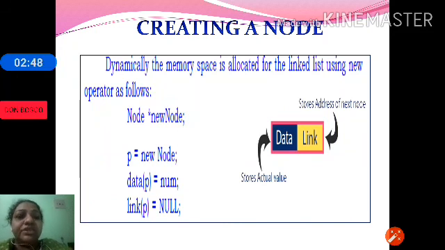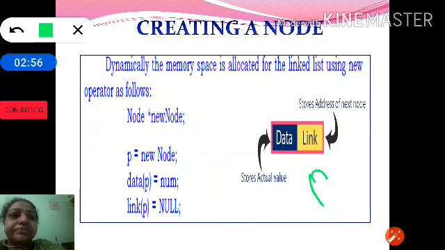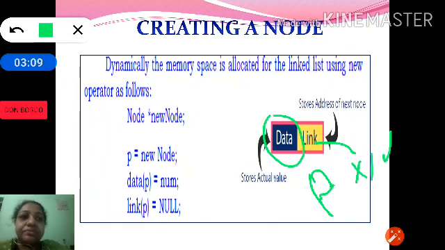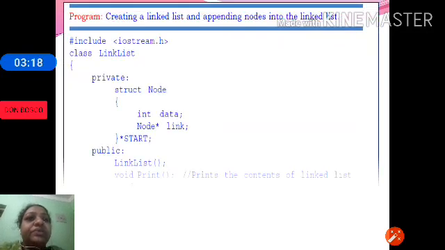Data of P is equal to num. Imagine the name of the node we are creating is P, and the data stored is some number and the link is null. So this is how we are creating the new node.